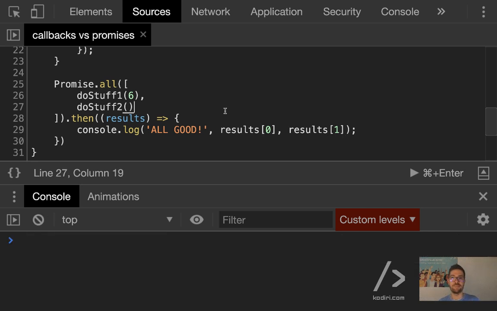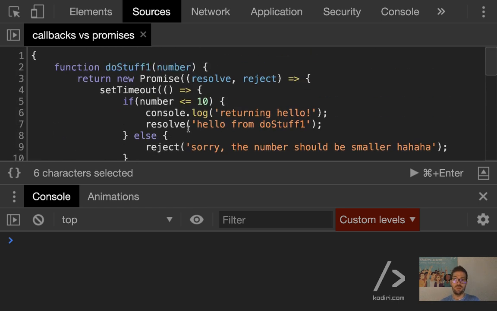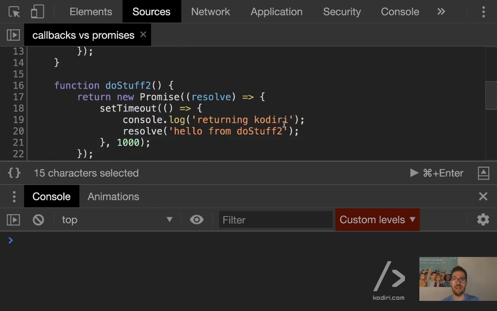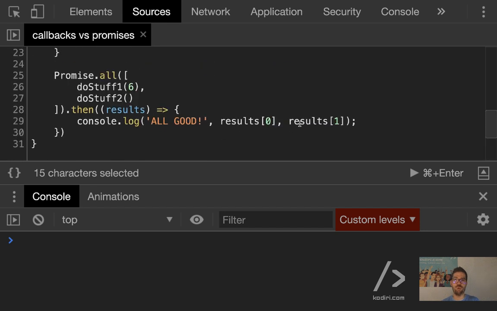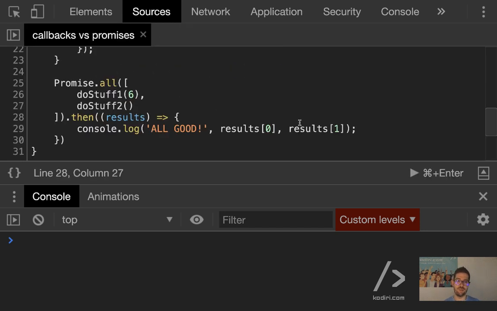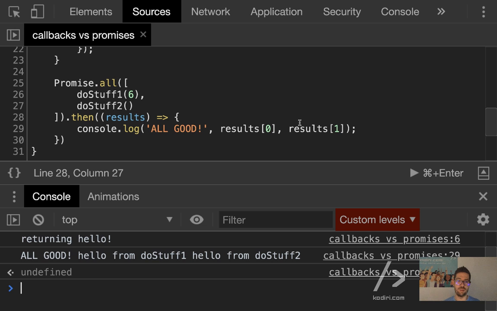Yeah? So let's run that. Now it should display all good, hello from do stuff 1, and then hello from do stuff 2 in that order. 1, 2, all good, hello from do stuff 1, hello from do stuff 2.